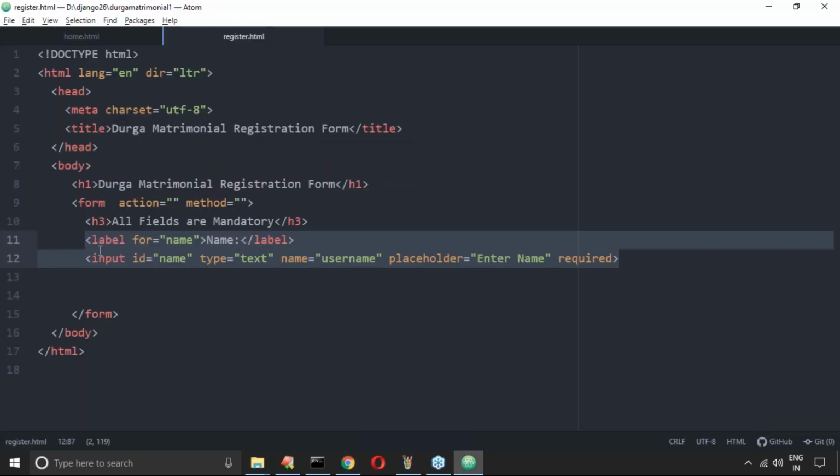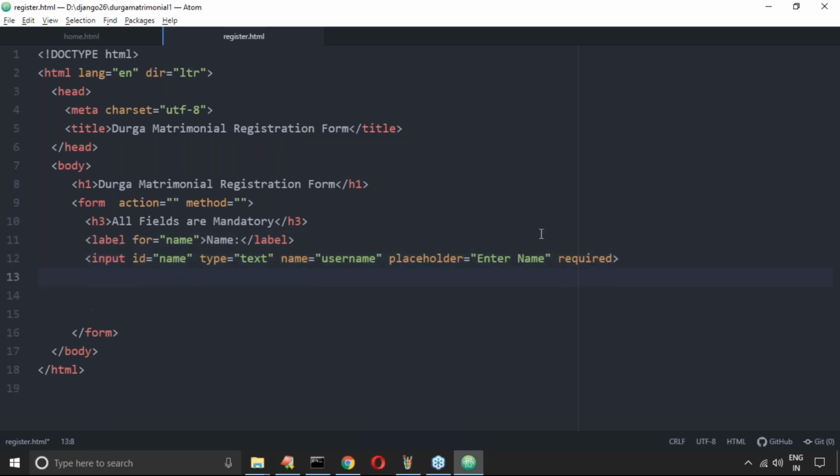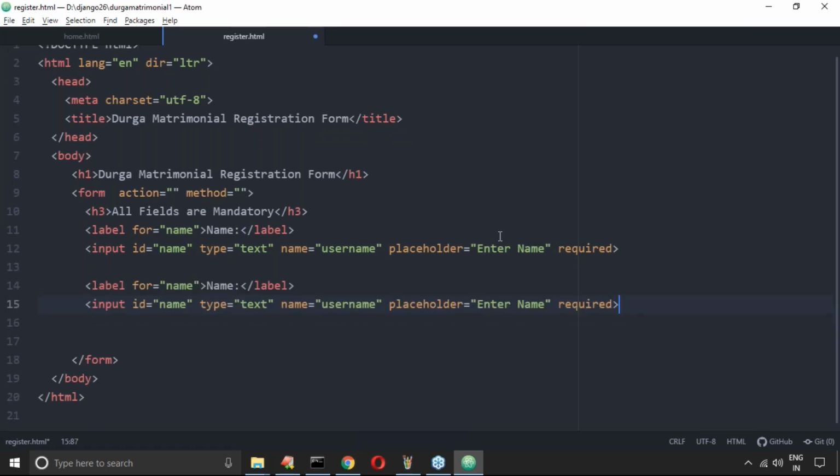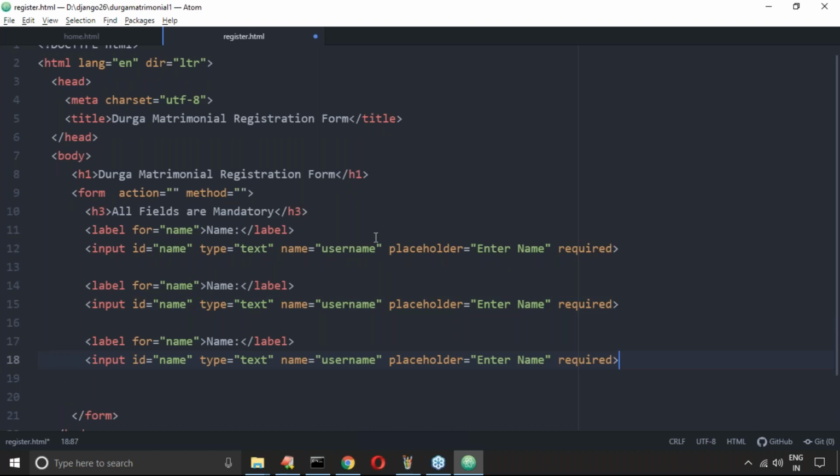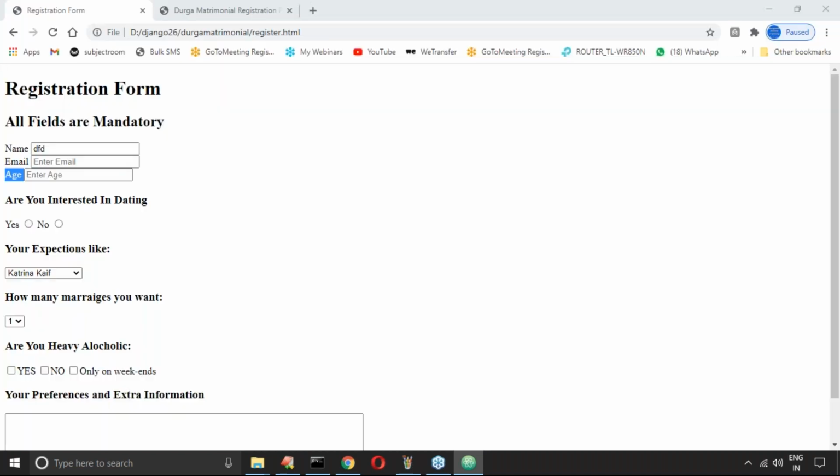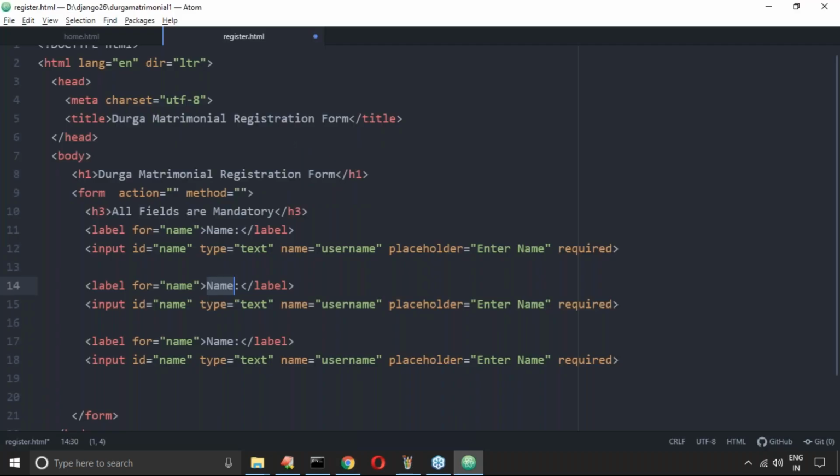That's why let me copy paste these two lines again. This is for name, already completed. Second one, sir, email. Like this I'm trying to take.